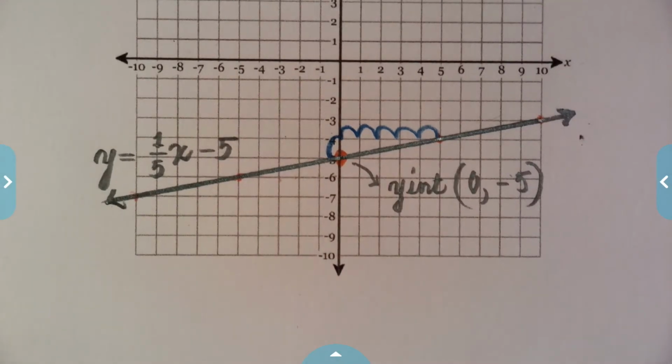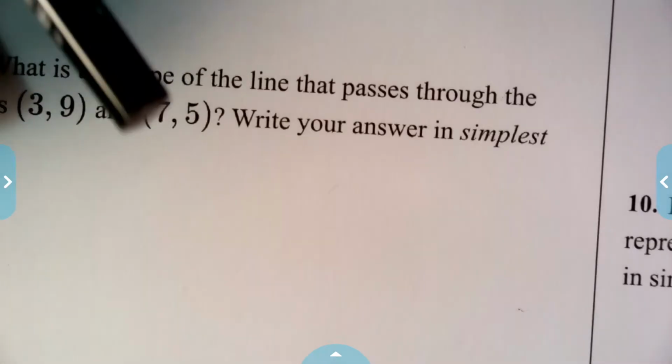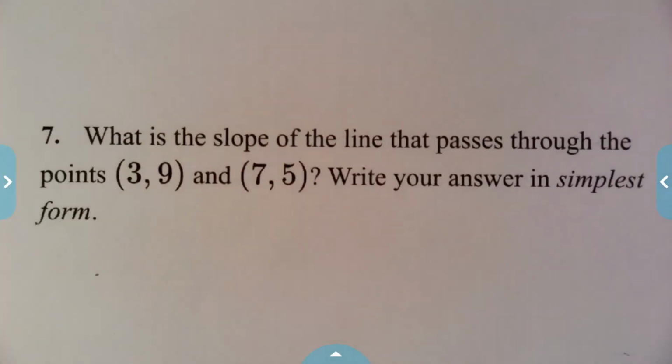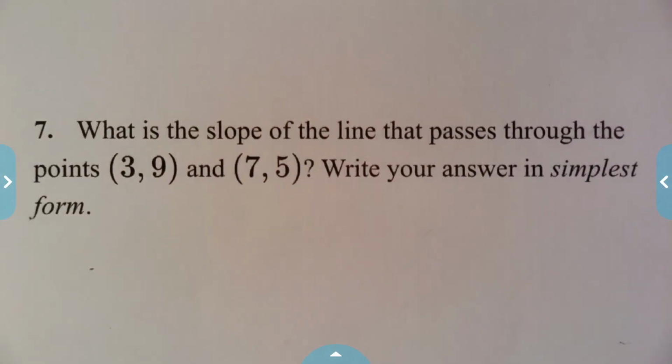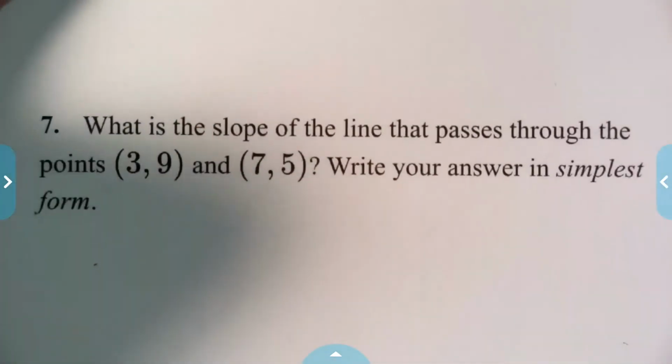And that's it. Okay. That is it for number 6. Okay, number 7. What is the slope of the line? And then they give you two coordinate pairs. Okay, so the thing you have to know